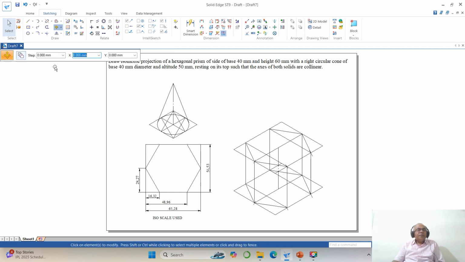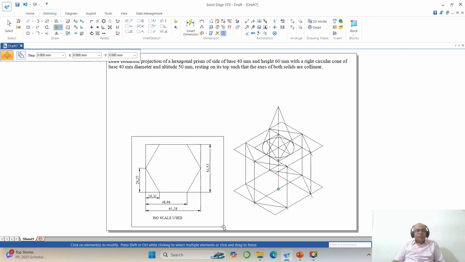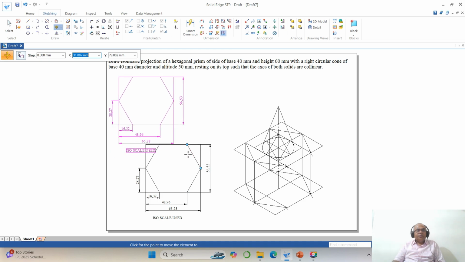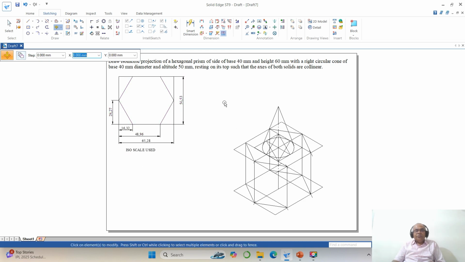then you go to move, disable copy, select this, take endpoint of this, so to the endpoint of this. So this is how you will be able to create the drawing. Now once you do that, now you just rearrange these drawings. So go to move, select this and you place it, then you select this and you place it here,